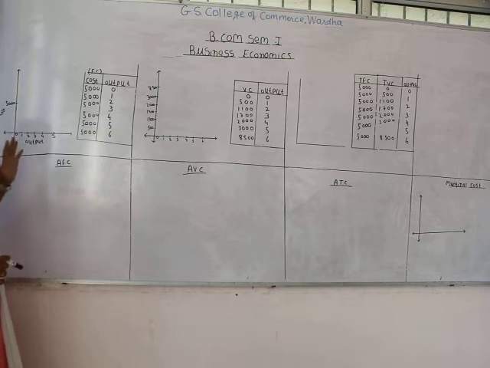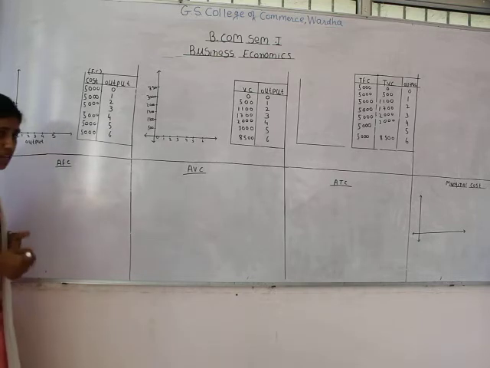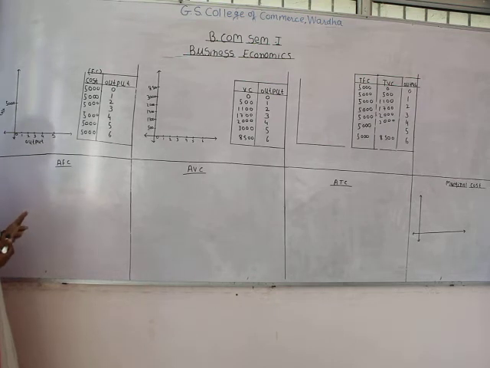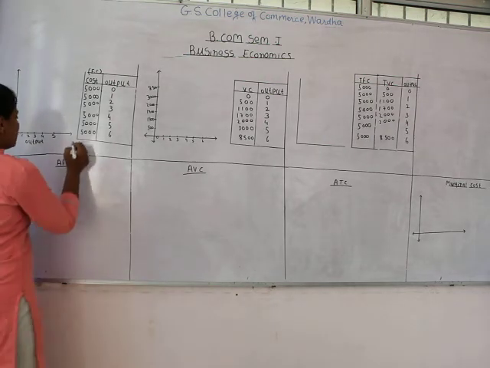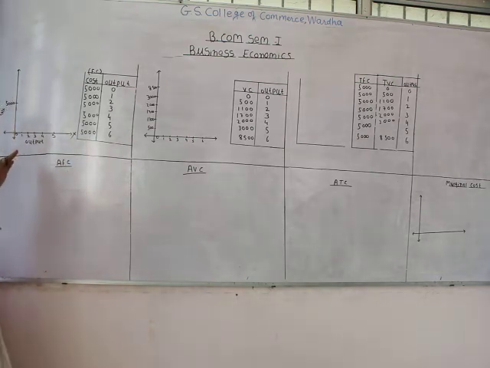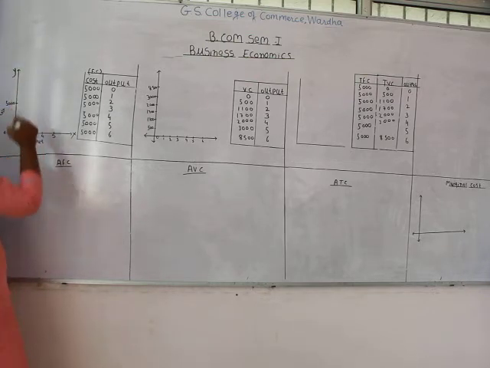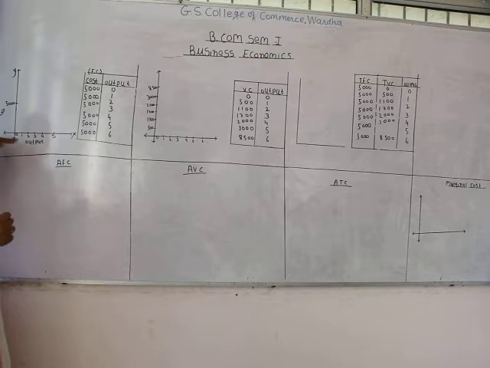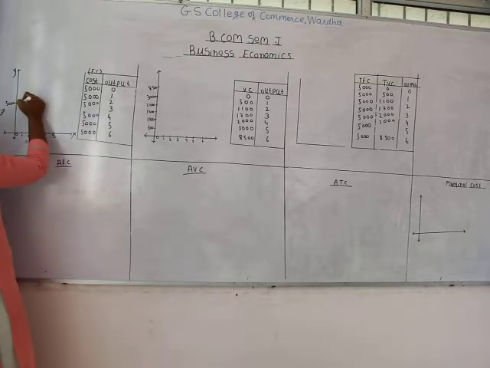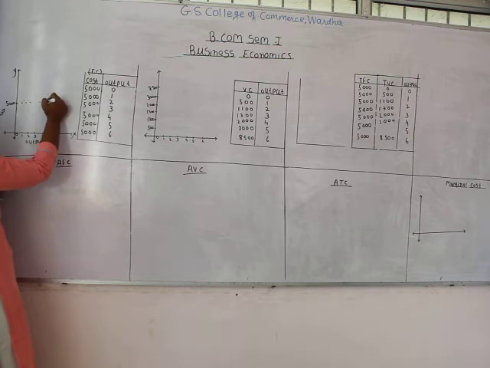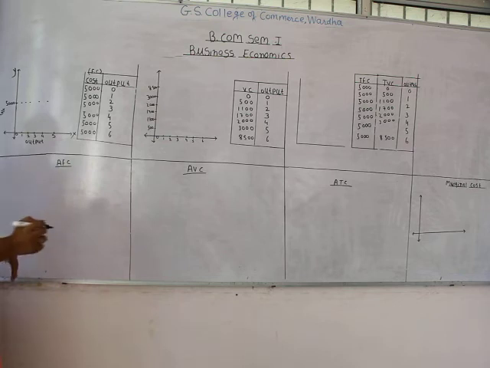Now when we plot it on a graph, it will show us the behavior of total fixed cost in the short run. On the x-axis output has been represented and on the y-axis cost has been represented. Even at 0 level of output, fixed cost is 5,000. When output is increasing from 0 to 1, still fixed cost is 5,000. When output is increasing to 2, still fixed cost is the same. When output is further increasing 3, 4, 5, still fixed cost is remaining constant.